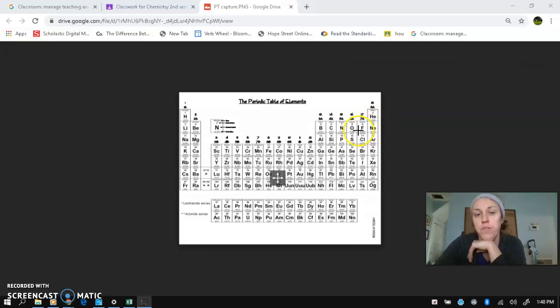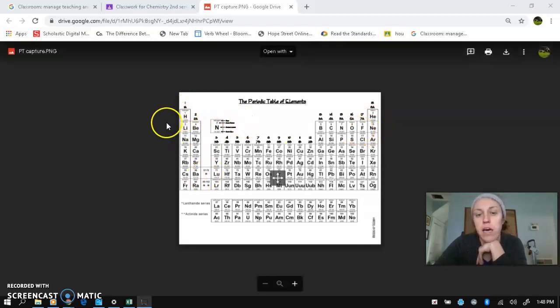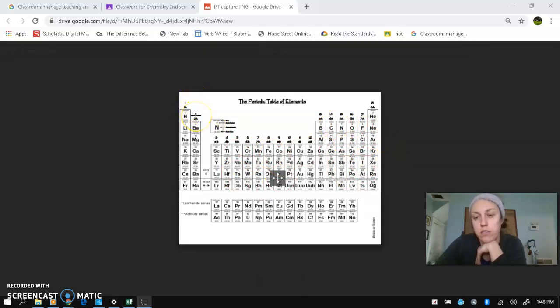Now in my periodic table, I find fluorine. How many do I move over, basically? Remember, this is the F, the D's, and the P's. We move over on the S, so we have one valence electron, two valence electrons. Then we move over here and we're in the P's. So we're in the first row of the P's, but it moved us over. So we go one valence electron, two valence electrons, three, four, five, six, seven valence electrons. Okay, so when I go back to Google Classroom,